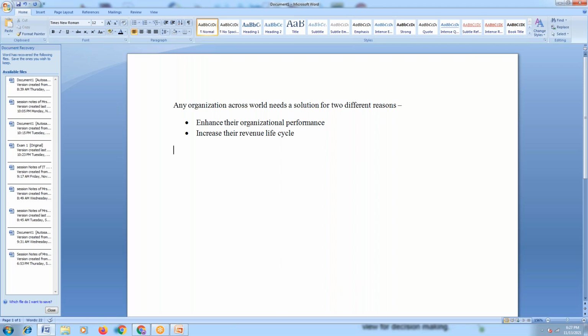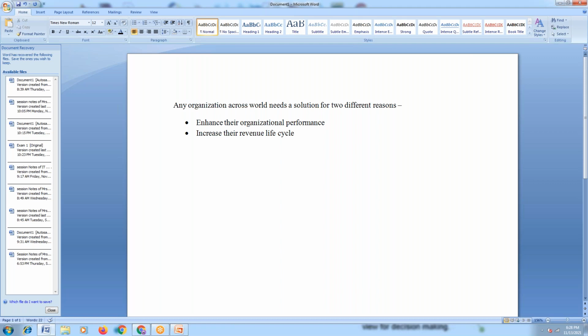Now, why is a business analyst required for any organization? I'll take the example of a bank. Assume that the bank is using a core banking application for a long time. So what is a core banking application? Core banking is an application which will be used for the backend operations. If you take a bank, to manage whatever backend operations happen in the bank, you require a core banking application. Now, the bank is using this application for a long time. Assume that, right? I'm just giving an example to you. They are using this for the last 10 years.